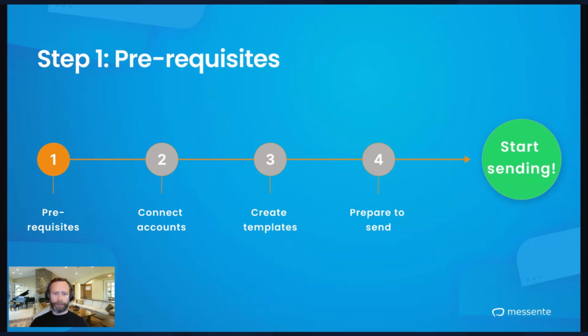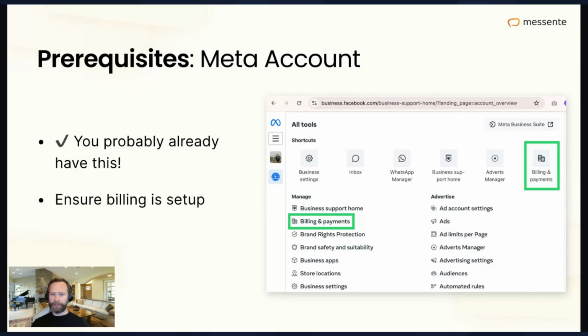So let's start with those prerequisites. What are the things you need to have in place in order to get started? And the first one is going to be a Meta account. And the good news here is you've probably already got this. If you've got a Facebook page, if you use Instagram, if you do any sort of Facebook advertising, you will